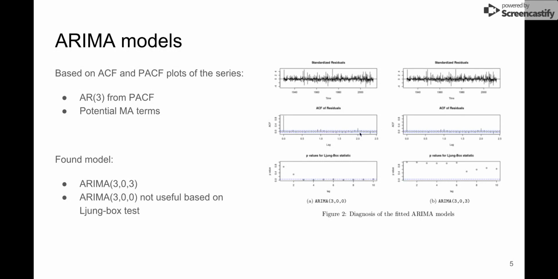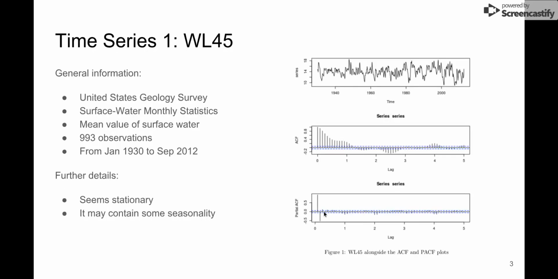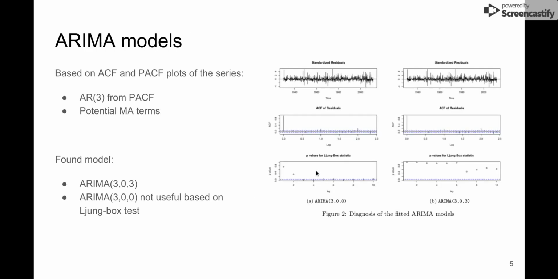First, ARIMA, or non-seasonal ARIMA models. As we can see in this plot, there are up to at least 3 autoregressive terms, and here there could be a few moving average terms. So I started with the simplest model that I could think of, which was ARIMA 300. But as you can see, based on the Ljung-Box statistic, it is not very useful, as the residuals are